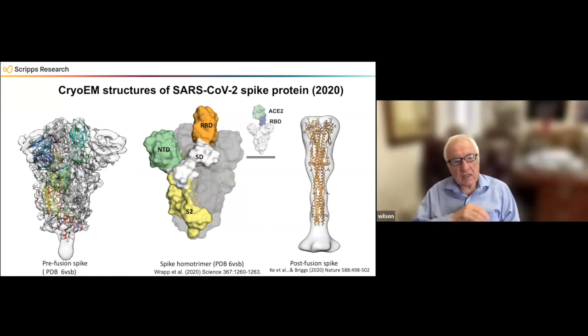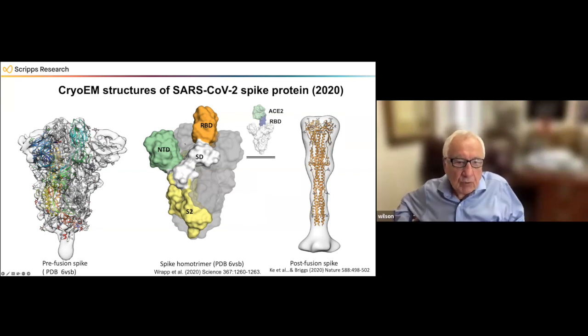And what one can see in the middle here are the various domains. There's the top component, the RBD, the receptor binding domain that binds the ACE2 receptor. The NTD is the first domain. It goes into the RBD, and then these connecting domains to the S2, which is the fusion machinery. I've only got one of the trimer components, one of the monomers, highlighted here. The other two are in gray. And this is the form that we don't want. This is the post-fusion form. So this is the form that we want in the vaccine when it's delivered.